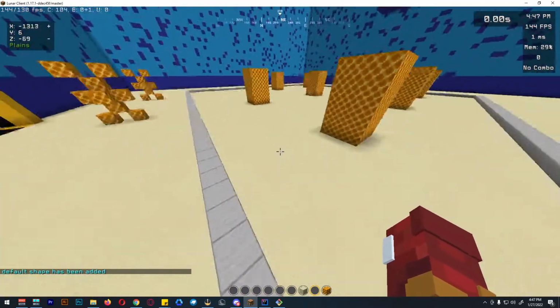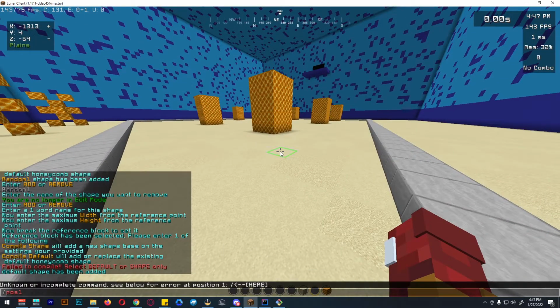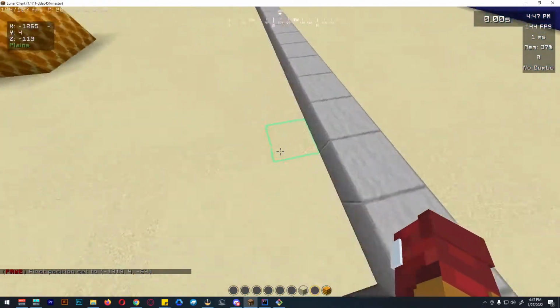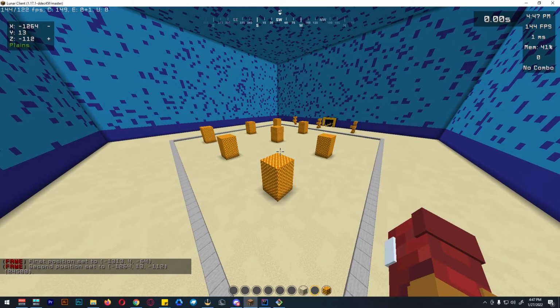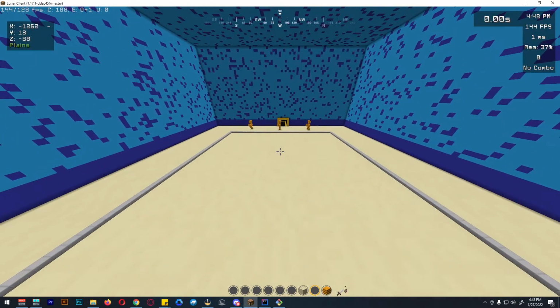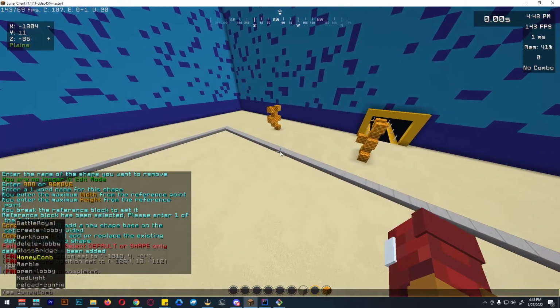So to test this, we can just select /pos1 and /pos2. These commands are available in the FAQ. Then we can just do /set a. So now, to actually generate this, we need to first